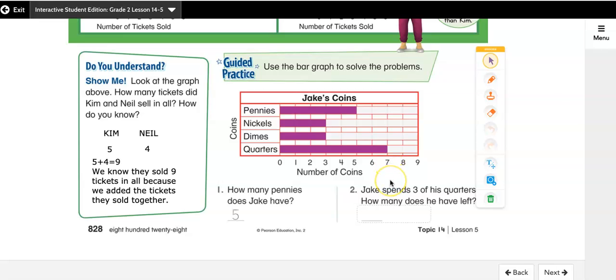Now, my problem tells me he spends some. So that triggers in my mind that I need to subtract. He started with 7, he spends 3, and they want to know how many he has left. So I'm going to write a subtraction sentence to help me solve. I'm going to say 7, how many he started with, minus 3, the amount he spent, equals, and then I know 7 minus 3 is 4. So how many quarters does Jake have left? Then I can say Jake has 4. Oops, no, that was wrong. Quarters